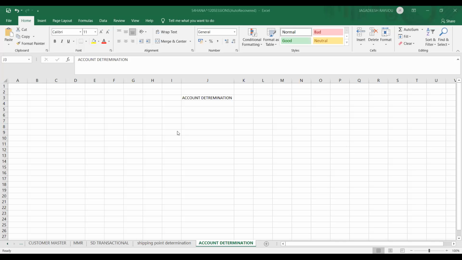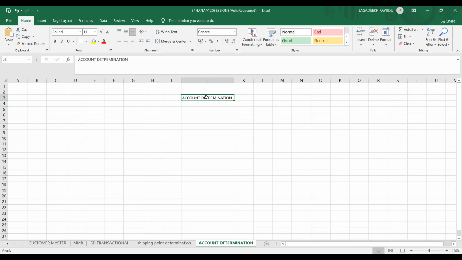Now we're going to see account determination in S4 HANA 1909. Like in all versions, I feel that there won't be much change when you compare with your ECC. So how it works, like how your GL accounts will be determined by using the account determination procedure that we're going to see now. For a broad explanation, if you go through my ECC